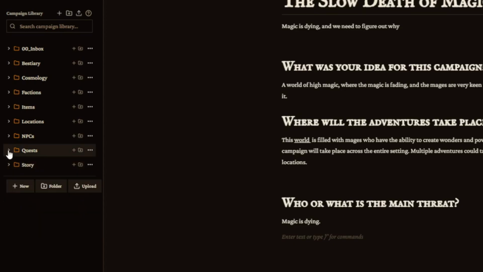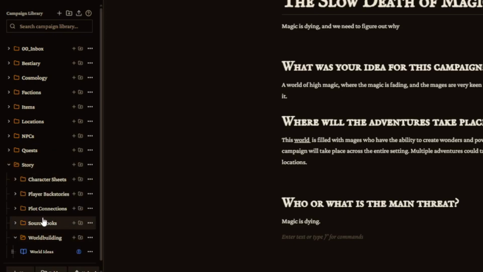And then the final folder that I typically use is the story folder. So this will include everything related to the actual story that I'm trying to create myself. So these will be the players' character sheets, players' backstories, or the character backstories. We should rename that. Plot connections, anything that I look through,